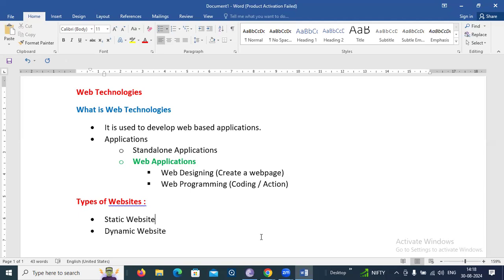And the main motto of this concept is to develop. Once you are strong in web technologies, you can develop a static web page or static website. At the same time, you can also develop dynamic web pages or dynamic websites. There are certain concepts for static websites and there are certain concepts for dynamic websites. Okay, now